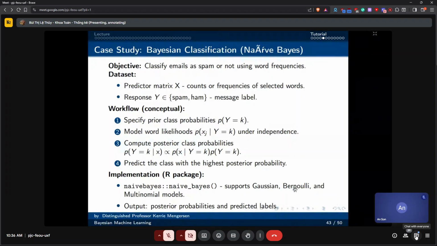So for that email, when I calculate the posterior distribution, there'll be some probability of it being spam, some probability of it not being spam, and I'll choose the class with the highest probability. So I can implement this in the naive Bayes R package that you've already seen, okay? All right, next.